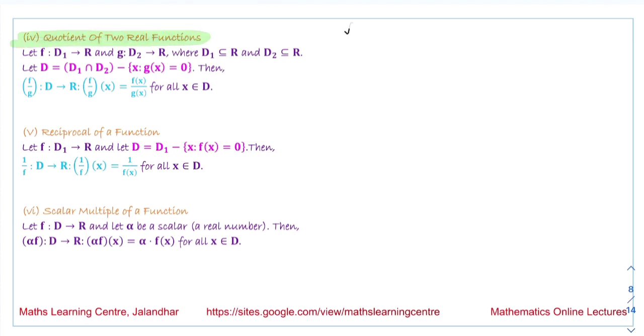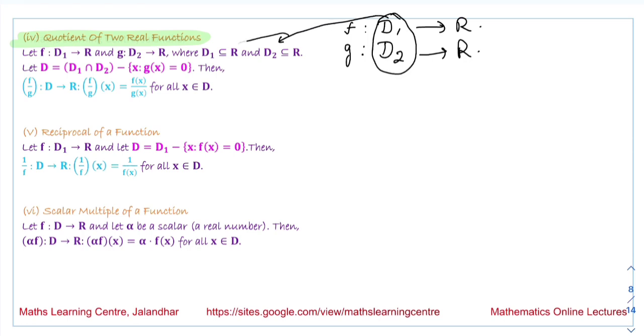Now we are saying there are two functions. One is the function f whose domain is d1 to the real line. There is another function g whose domain is d2 and the codomain is r. Both d1 and d2 are subsets of r. So we are defining a function f by g, and the domain of this function is the d1 intersection d2, this set, minus